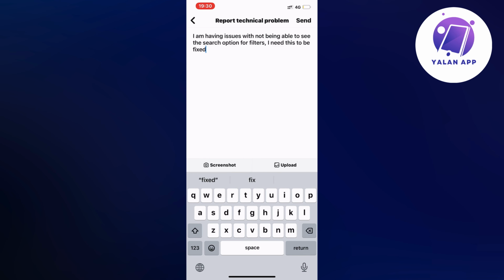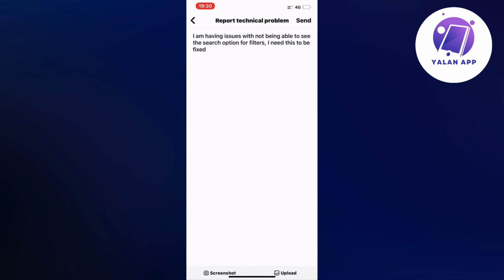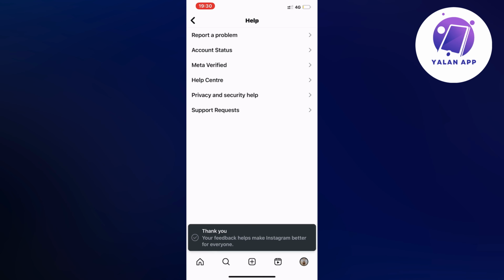I am having issues with not being able to see the search option for filters. I need this to be fixed. And then obviously, of course, don't forget to click on send in the top right corner. And what will happen now is that you will need to wait about 24 to 48 hours. Unfortunately, it is quite a few days that you have to wait for the Instagram support to be able